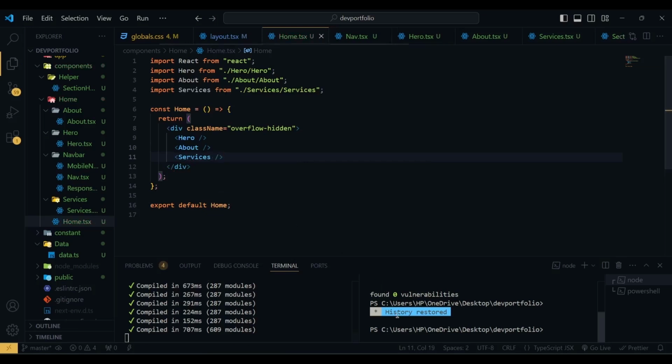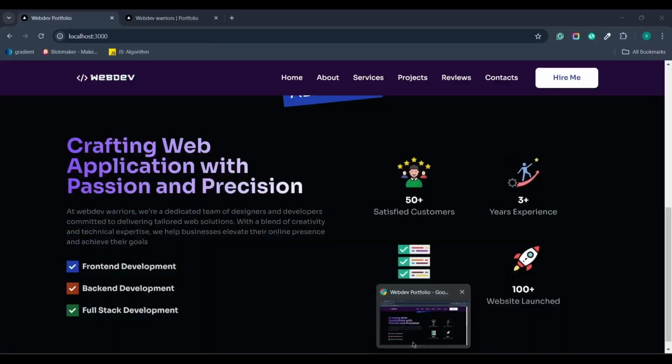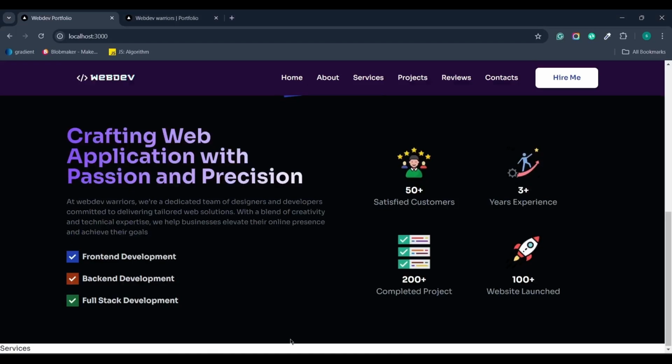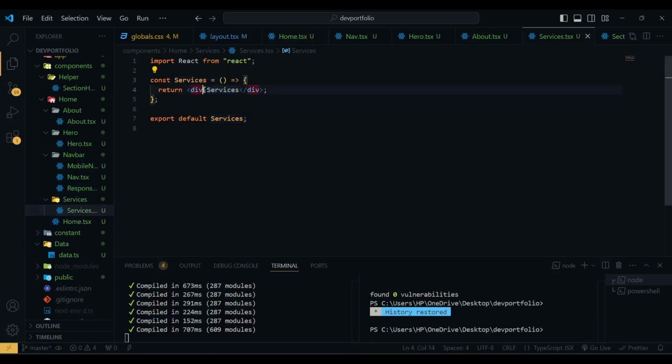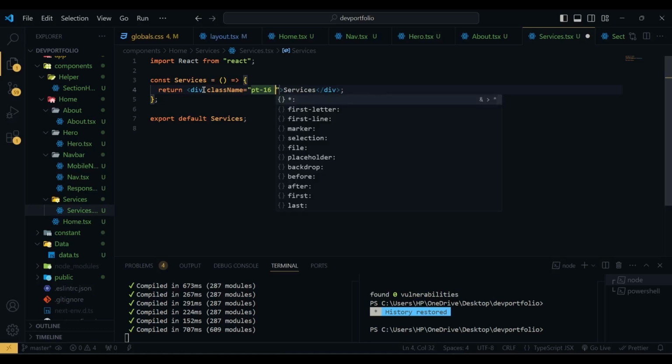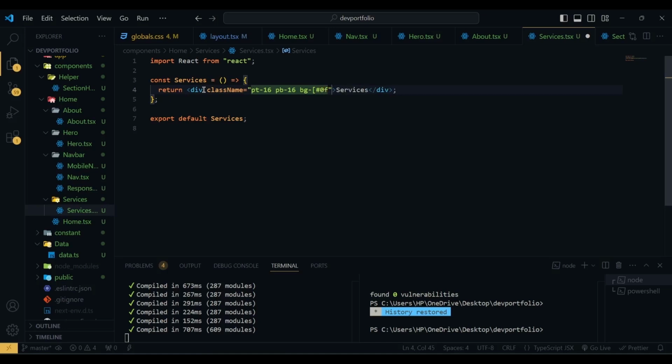Now if I hit save, here you can see we have our services text. Now let's go to our services component, and the first div will have a class name of padding top of 16, padding bottom of 16, and background of hash 0f0715. And then